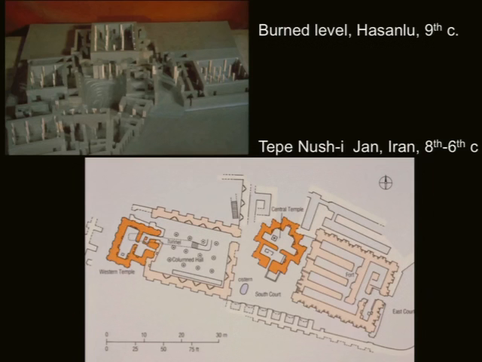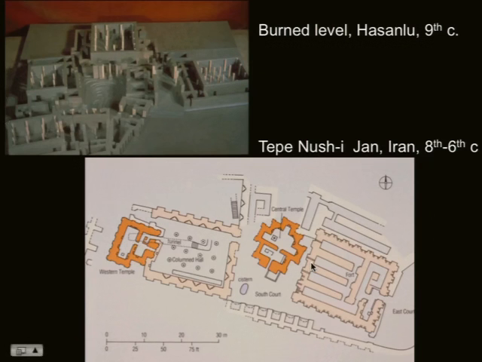So really this is a step in this very regional tradition, right? Hassanlu and Tepe Nushijan are close to one another. So the Medes are building in a very similar way to the Urartians who they took over. And this will actually later on influence a lot of the architecture that we see in the Achaemenid Empire. So we'll get to sites like Pasargadae, Persepolis, and Susa. So remember, again, starting with the Urartians at Hassanlu, columned architecture leading to Tepe Nushijan, and then we'll continue to look at the use of columned halls in architecture as we move along.